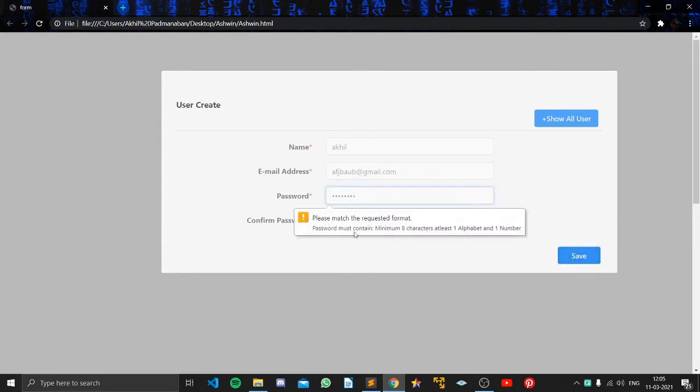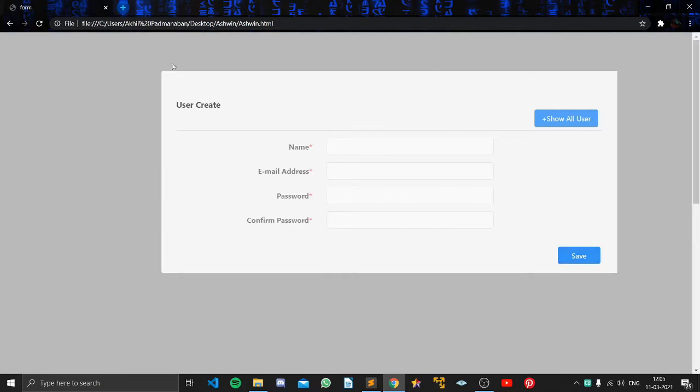Now it's showing the password should contain 8 characters, at least one alphabet and one number. So one caps letter, one symbol. Now it's correct, so it will be saved when we create a database.